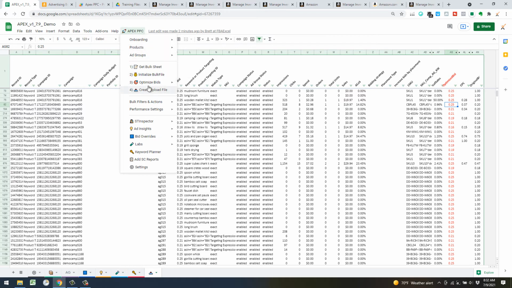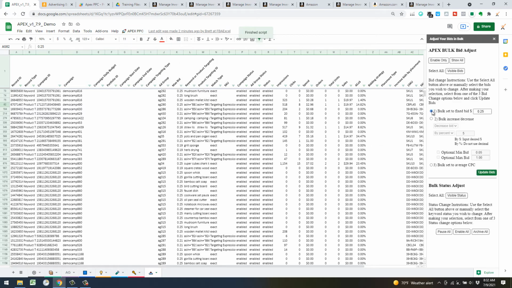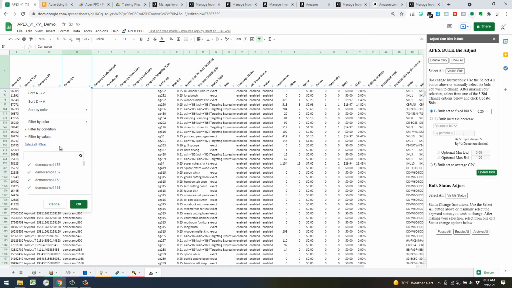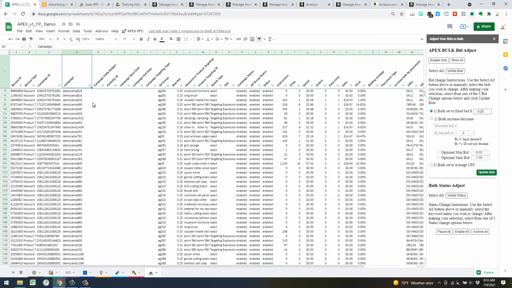The other filters here, the other optimization option here that I didn't show you, if we click here, you get a sidebar that pops out. And where this can be super helpful is maybe you've gone through your bid optimization sequence, but then you've got one campaign that may have multiple keywords in it or targets. You can always use these manual filters up here and find that campaign using the selections, and then it allows you to